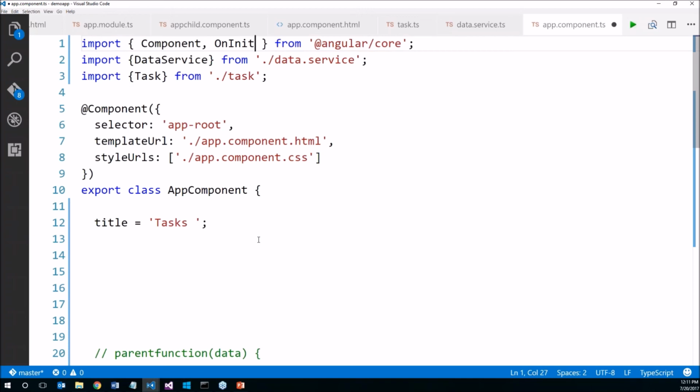There is a component lifecycle hook called on init, called on view init, called on content init, and etc. So these functions get called at the appropriate time in your component lifecycle. On init lifecycle hook gets called just after your component gets created. So we are going to bring that data inside on init, not inside constructor, because if you bring that data